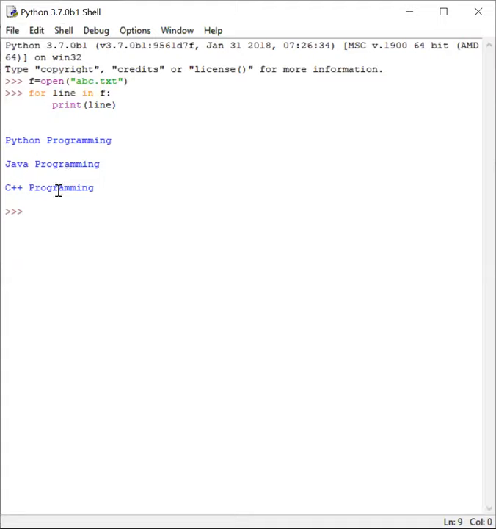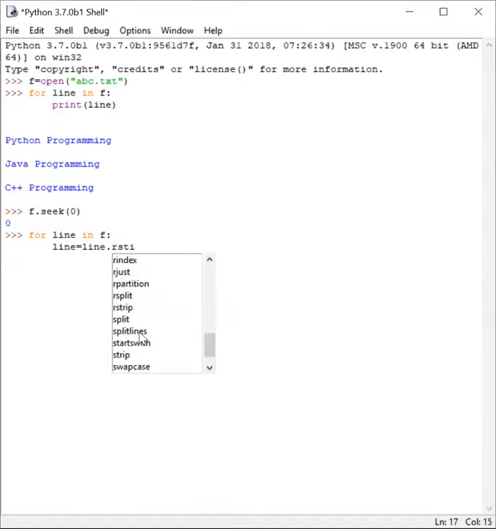You want to eliminate the new line. How do you do that? For eliminating the new line, first of all, I'll bring the file handle to the beginning. It's at the end. Now I'll bring the file handle to the beginning. Using which function? I will use the seek function. I bring the file handle to the beginning. And again, I want to print the line by eliminating the empty spaces in between. How do I do that? So I have got a function called strip. I can say strip or I can say rstrip.